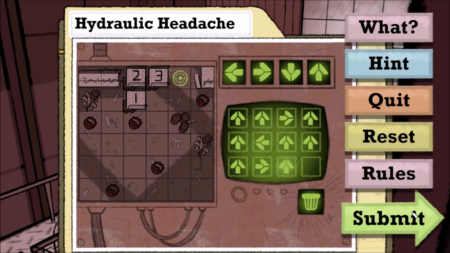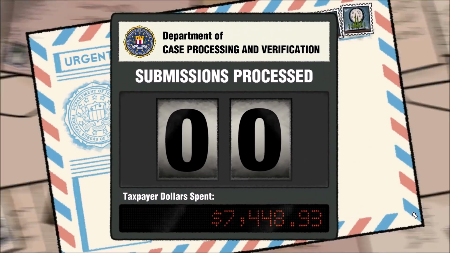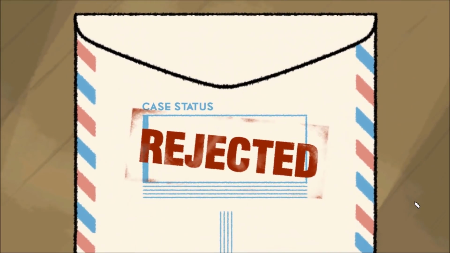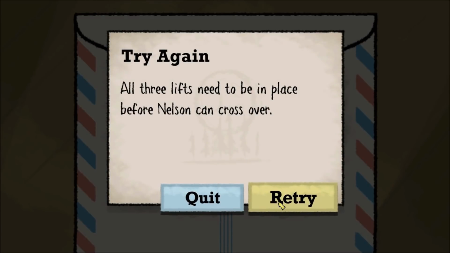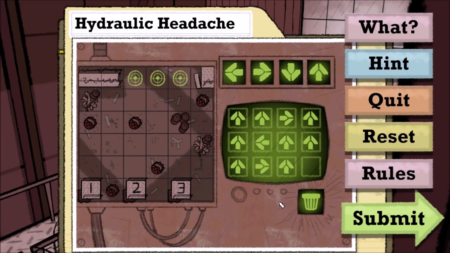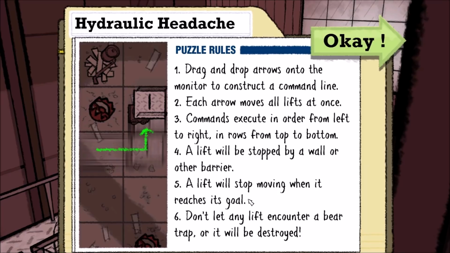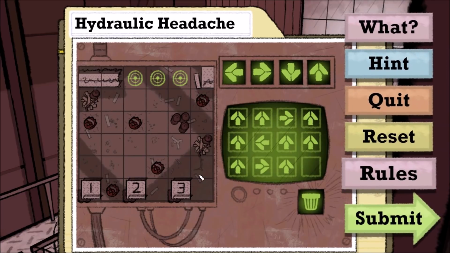Oh no! Oh, I thought 2 and 3 would move right. Oh no, well that's not fair. Why didn't 2 and 3 move right? And do they need to be in place in the exact same order too? Well, I didn't know that. A lift will stop moving when it reaches a goal. Okay, that was one of the rules. Well, that looked like a very good solution, except everything got sort of stuck there. So I guess, let me see, when I went left...